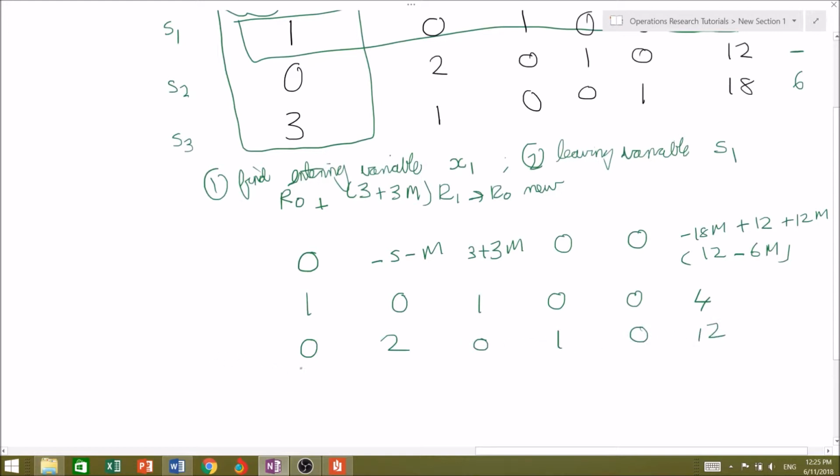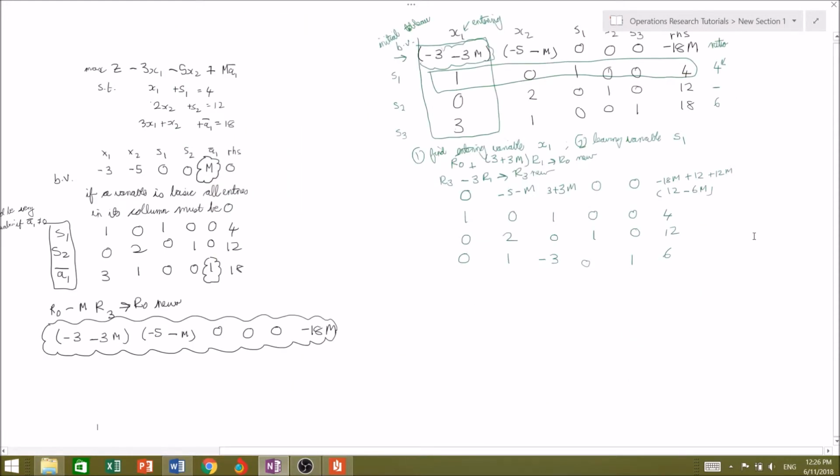And we say for row 3, minus 3 times row 1 to become row 3 new. So 3 minus 3 is 0, 1, negative 3, 0, 1, and 18 minus 3 times 4, 18 minus 12 is 6. So this is our first iteration,